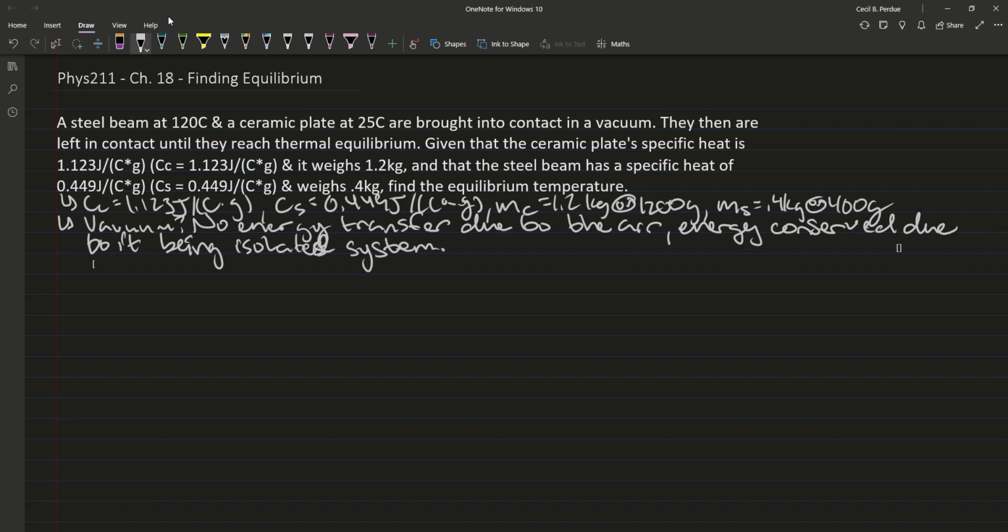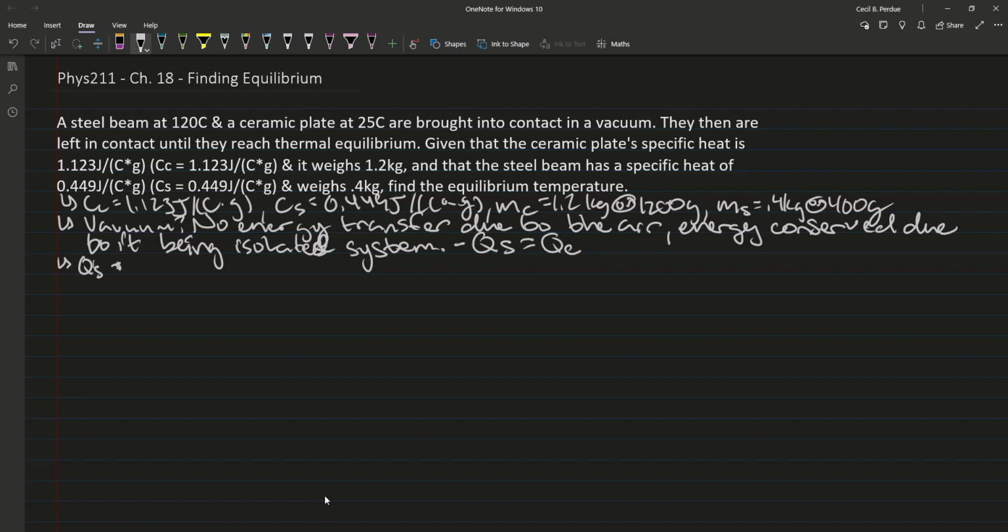We can say that the negative energy of the steel is going to be equal to the energy of the ceramic. Basically what this is saying is that the energy lost from the steel beam is going to be equal to the energy gained by the ceramic plate. In order to actually utilize this equation, we're going to need to solve for both